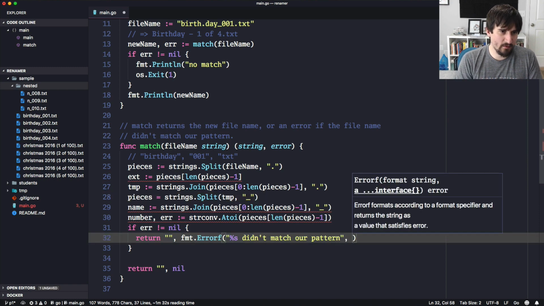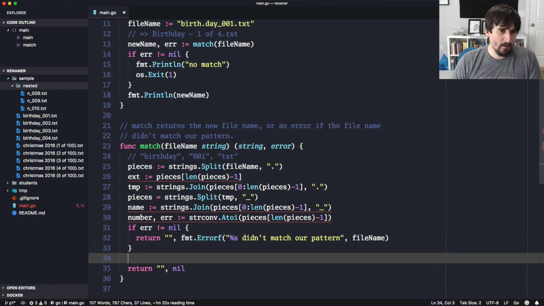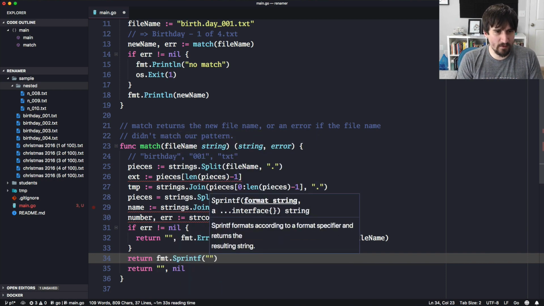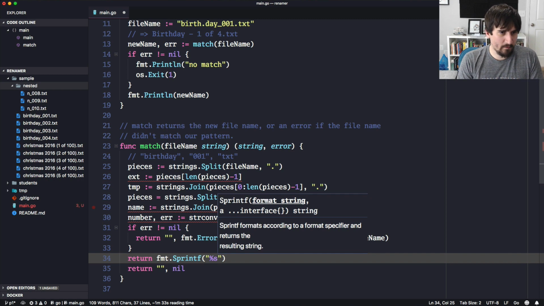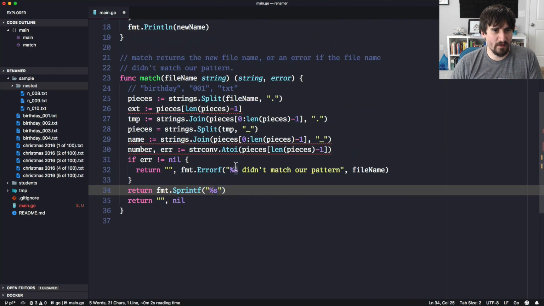And then we want to do file name. Otherwise, at this point, we need to return the matched pattern. So I'm going to return Sprintf, and we're going to do %s. This is going to be the name part. I remember, oh, this is the format we want. So we want %s